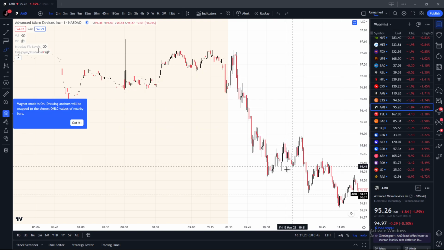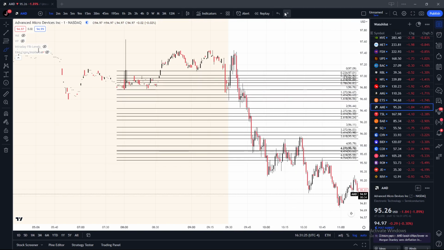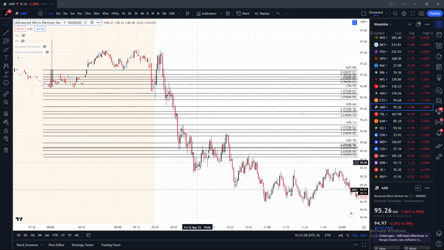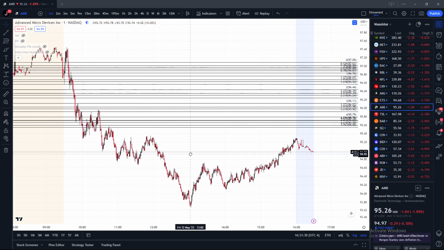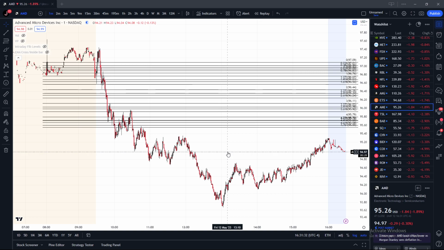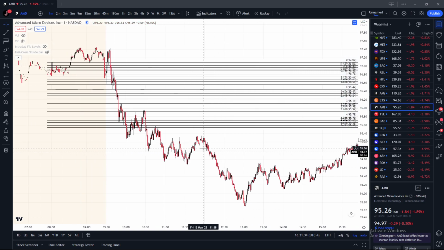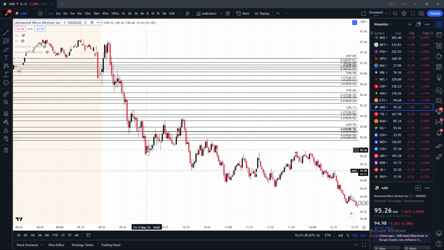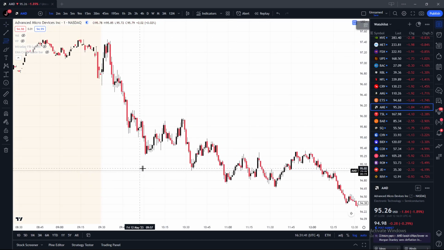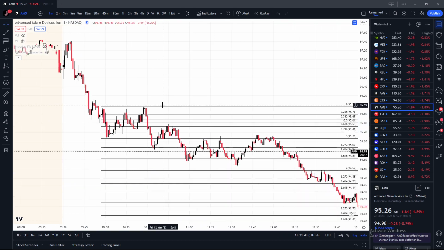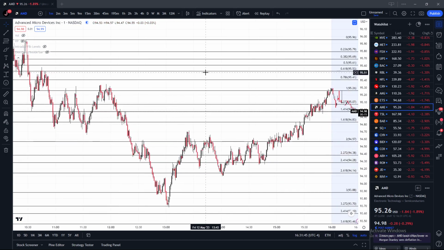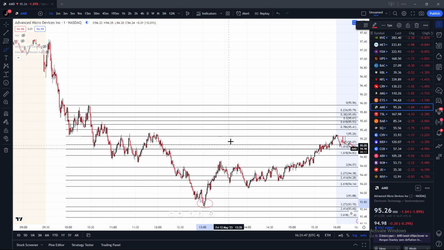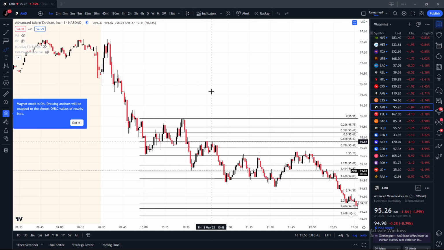Now, in this example, well, let me put that back. In this example, notice how it breaks to that full cycle area and it just continues to drill. This is exacerbated selling. So AMD was weaker on intras in comparison to other things today. So when we do this, all we're going to do is just take this bounce right here and we're going to delete this. We're going to go 1, 2, and that's it. That's it. And you could do this on any ticker, any day, at any time. And it's not that hard.